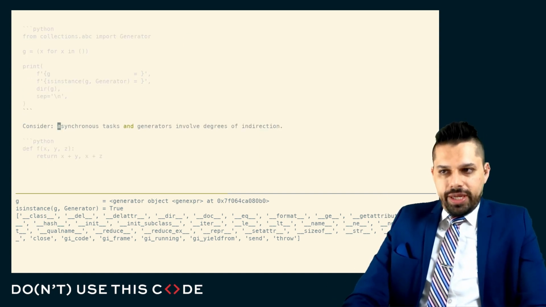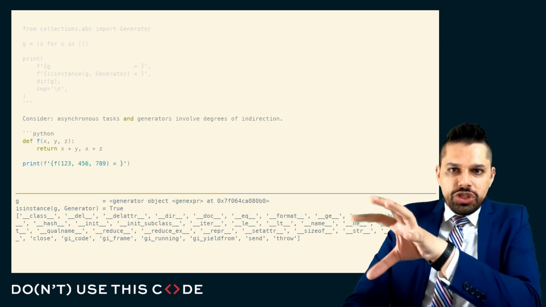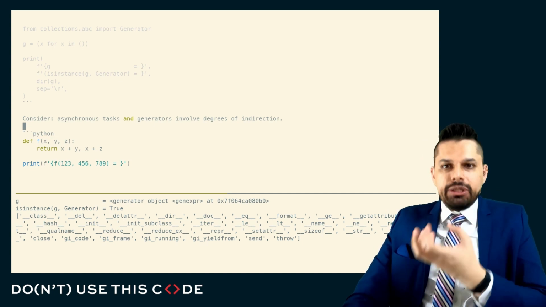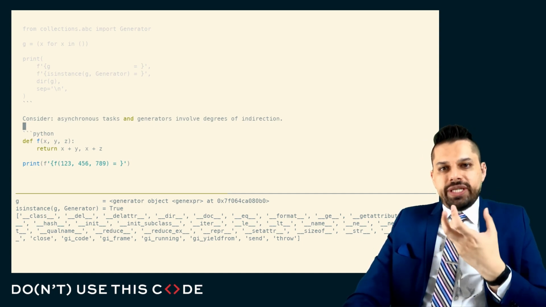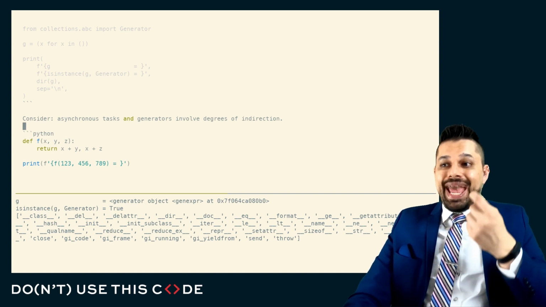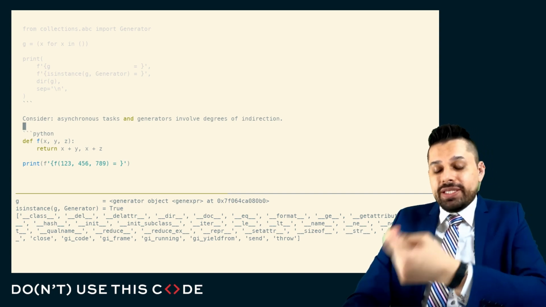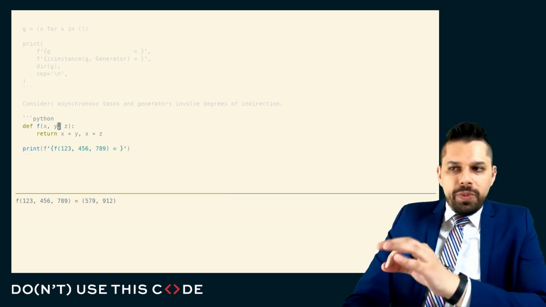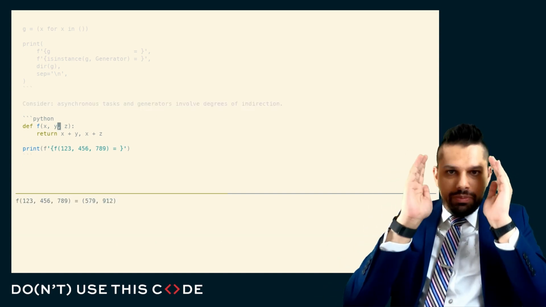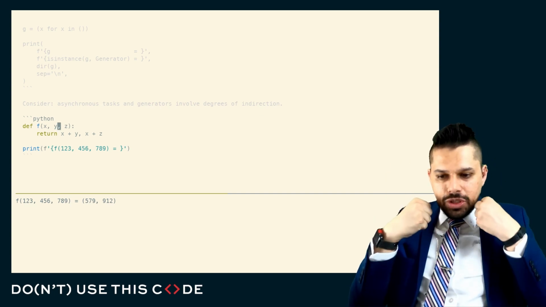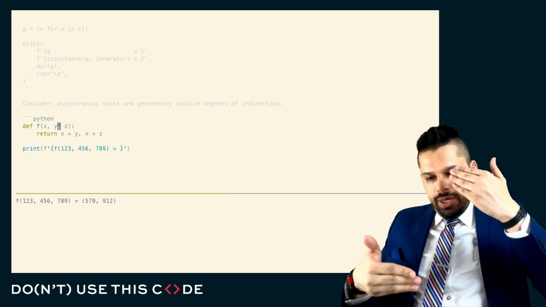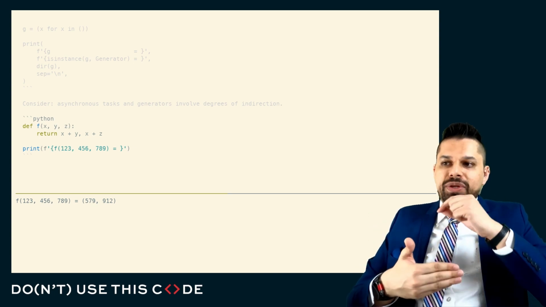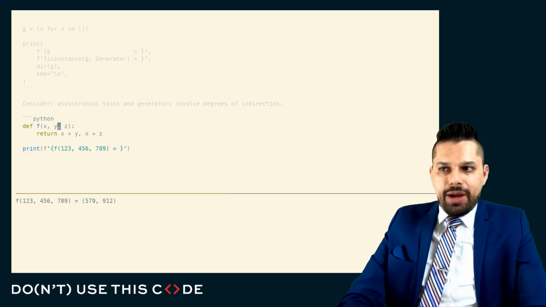Well, when we think about the intersection between these two areas, the design and the implementation, one thing that we might think about is that necessarily, in order to implement generators and asynchronous tasks, there's a level of indirection, and necessarily the reason why we use asynchronous task generators is to make use of that indirection. Here's what I mean. When we have a function and we invoke that function by putting open close parentheses after it, we get the result immediately. There's no indirection between the entity that represents the computation and what happens when we put input data in and we get some output data out.